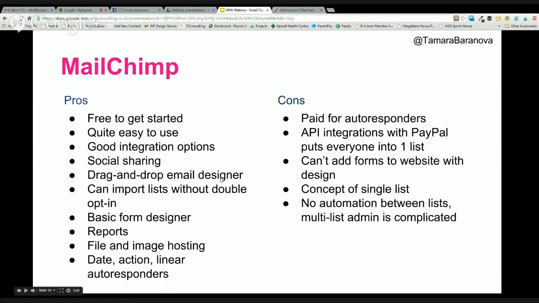So let's look at MailChimp first and decide if it's good for your particular business or not. So the pros of MailChimp: it can be free to get started. So if you don't want to use autoresponders, if you just want to use email newsletters, you can get started for free. It means that every time you send a newsletter, they'll put a badge at the footer,